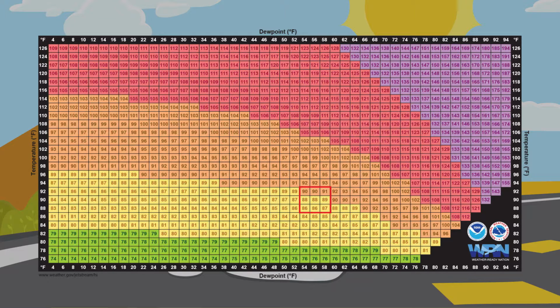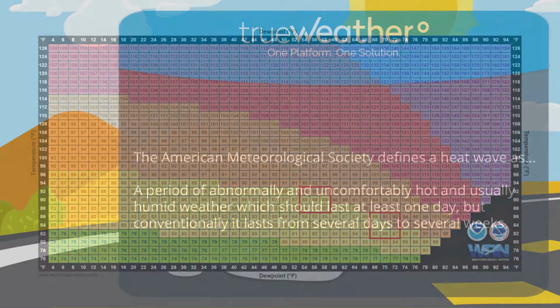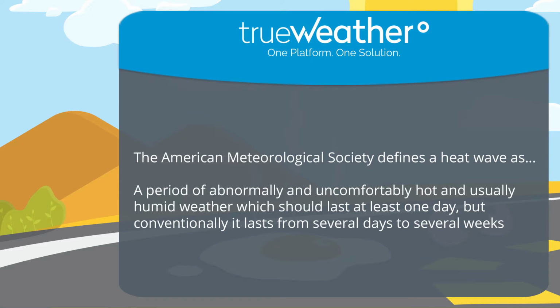Case in point, temperatures near 90 degrees with dew points in the upper 50s can feel very similar to when temperatures are in the middle 80s and dew points are in the upper 60s or low 70s. The American Meteorological Society's definition of a heat wave is less restrictive, defining it as a period of abnormally or uncomfortably hot and unusually humid weather, which should last at least one day, but conventionally it lasts from several days